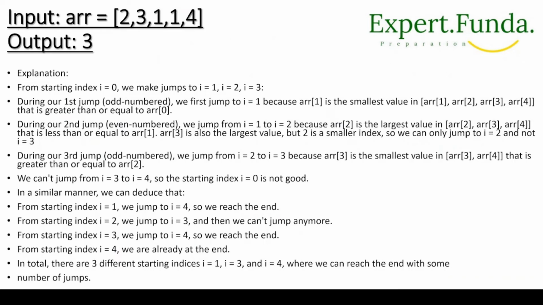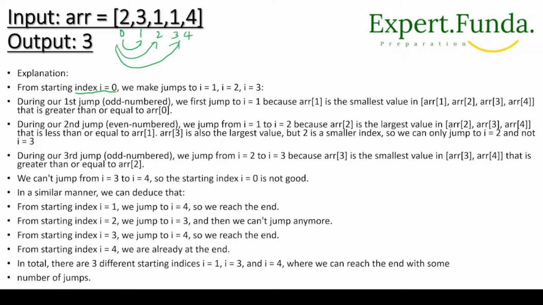Similarly, let's suppose we are given this one. Okay, so we are starting at index i equal to 0, with indices 0, 1, 2, 3 and 4, right? So we can jump where there is a smallest element. Either I can jump to where i equal to 1, right, because this is the odd one, right? And we can jump to i equal to 2 or i equal to 3, either greater or smaller, right?